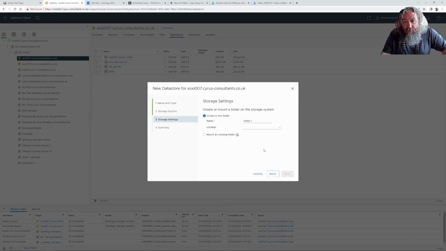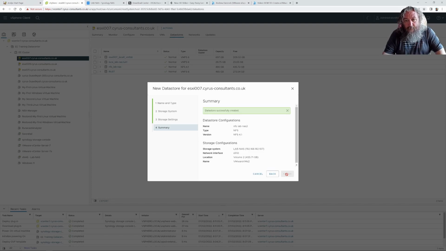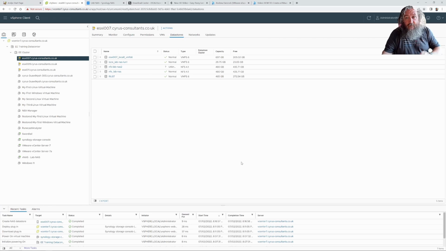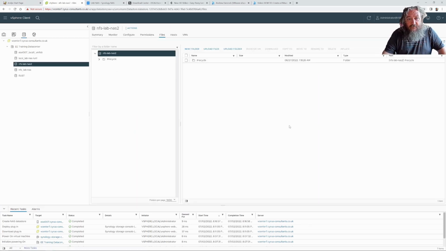It's asking me to create a new folder location. Okay, so previously we created a folder called VMware VMs, so I'm going to create this one called VMware VMs 2, and I'm going to create a folder location on the same volume as well, and I'm going to click next, and I'm going to click finish, and I'm going to see what happens. Data store successfully created. So there's our data store,